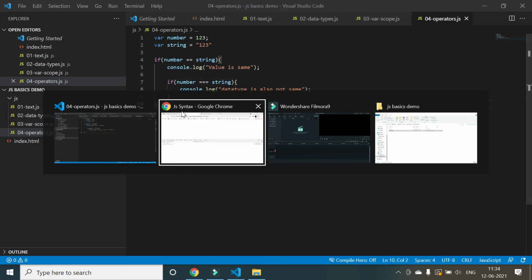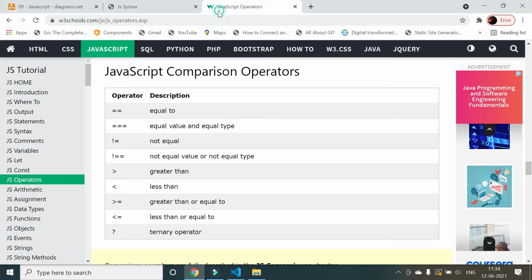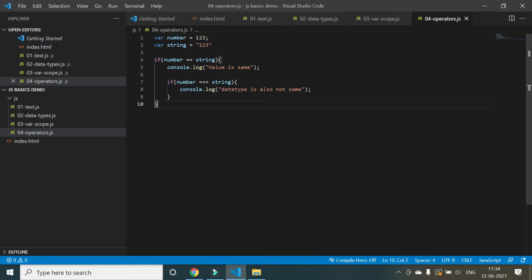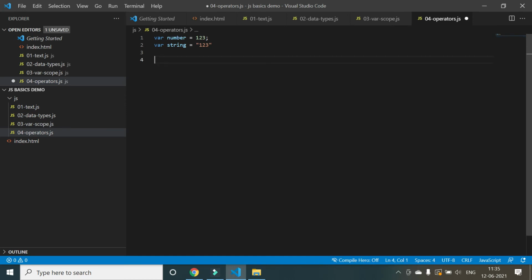There is another operator which we have seen, which is this question mark operator. So what is this operator? If conditions can be given like this, as you have been doing in the C language. Otherwise, you can just do it like this also.